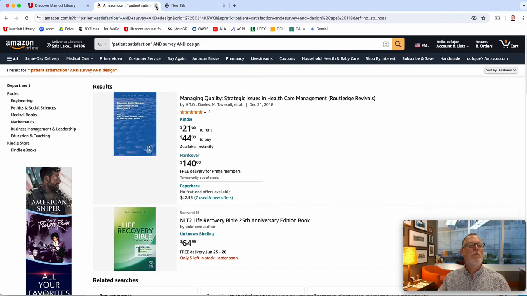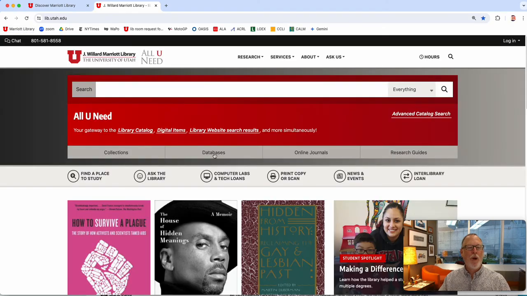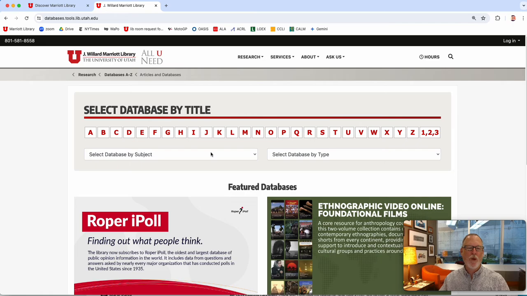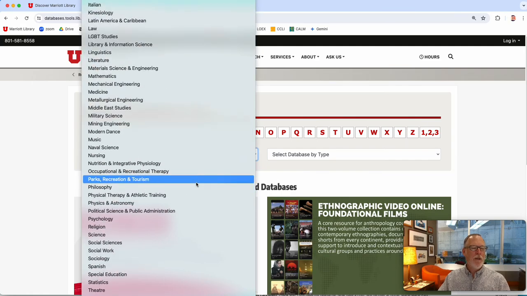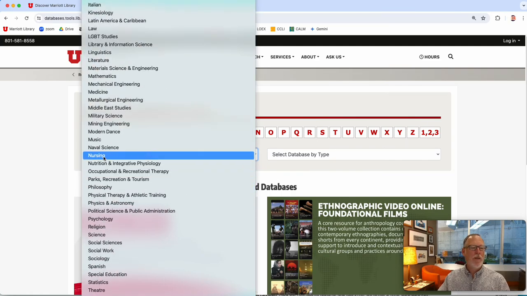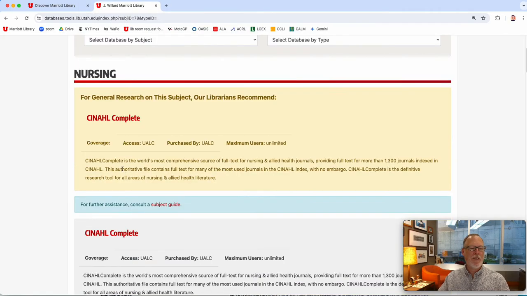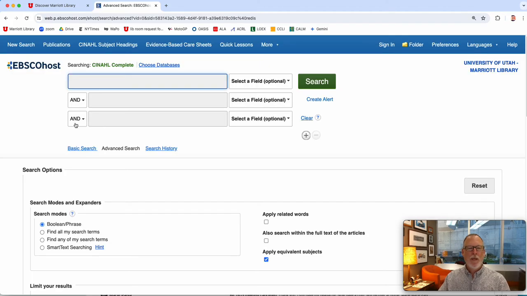Okay, moving on. Marriott Library in databases, there's two that I wanted to show you. One is under nursing and one is under psychology. Let's do the nursing one first. If you go under the subject of nursing, it's called CINAHL. If anyone ever says CINAHL, it's an acronym for something. This one is really great. So if you just do, again, in quotes,